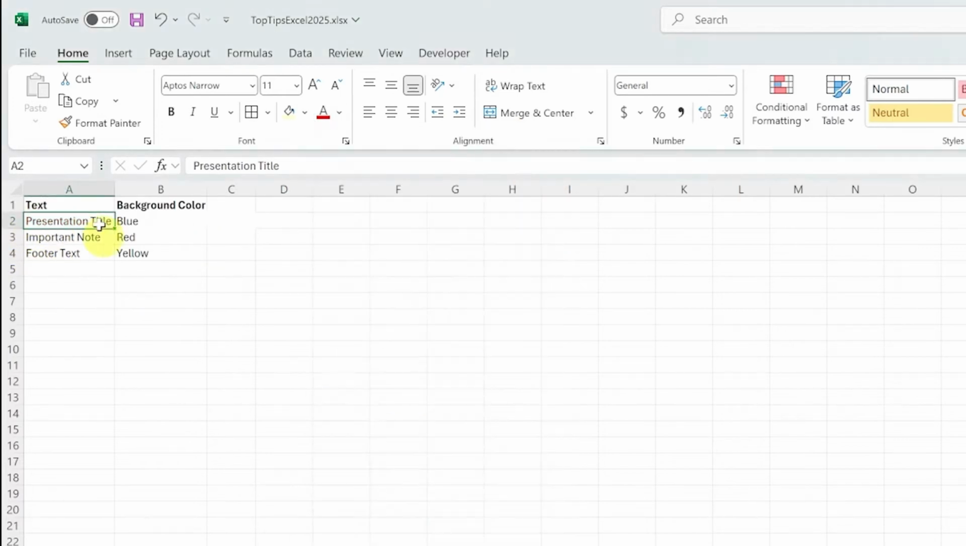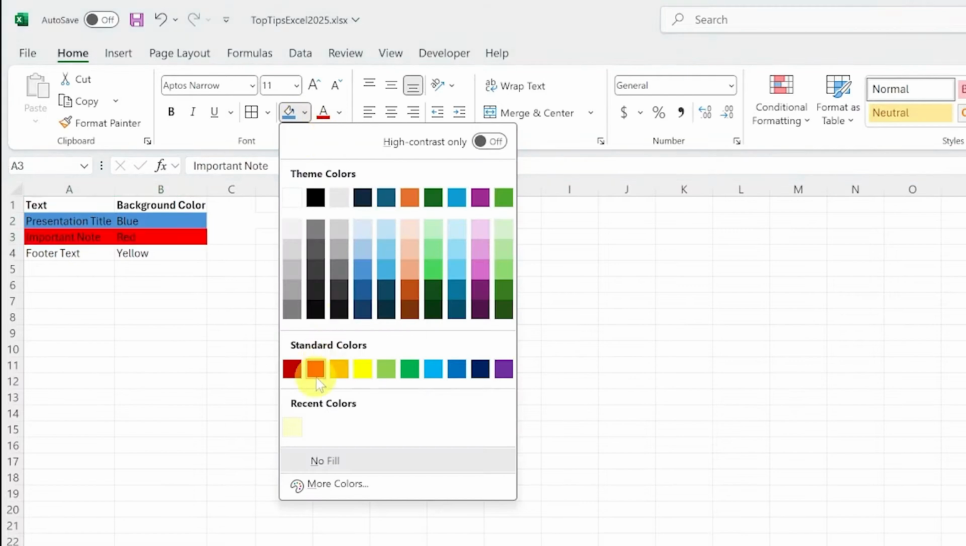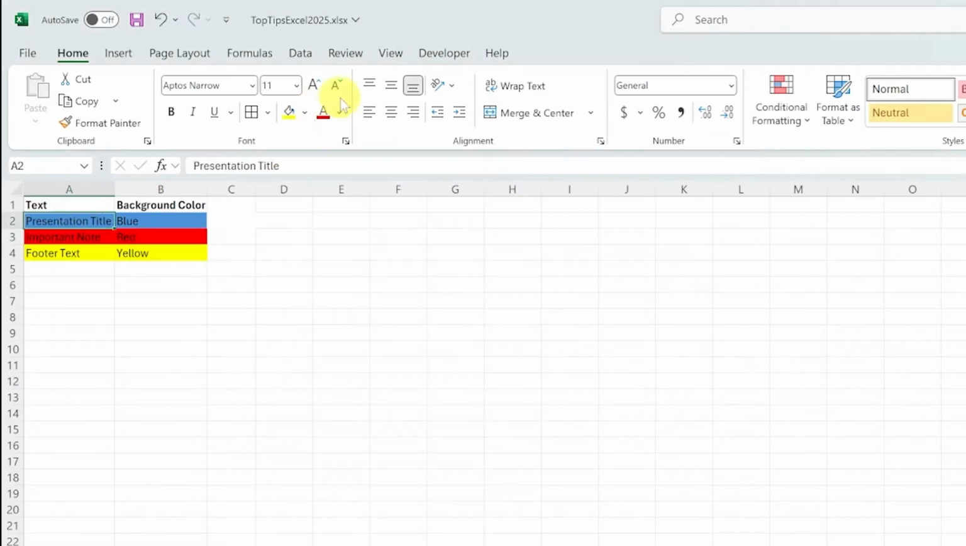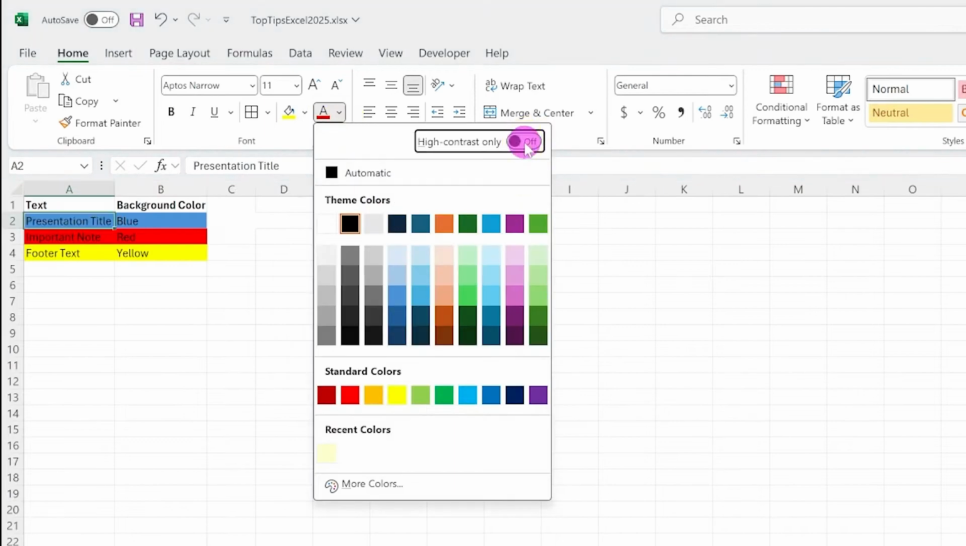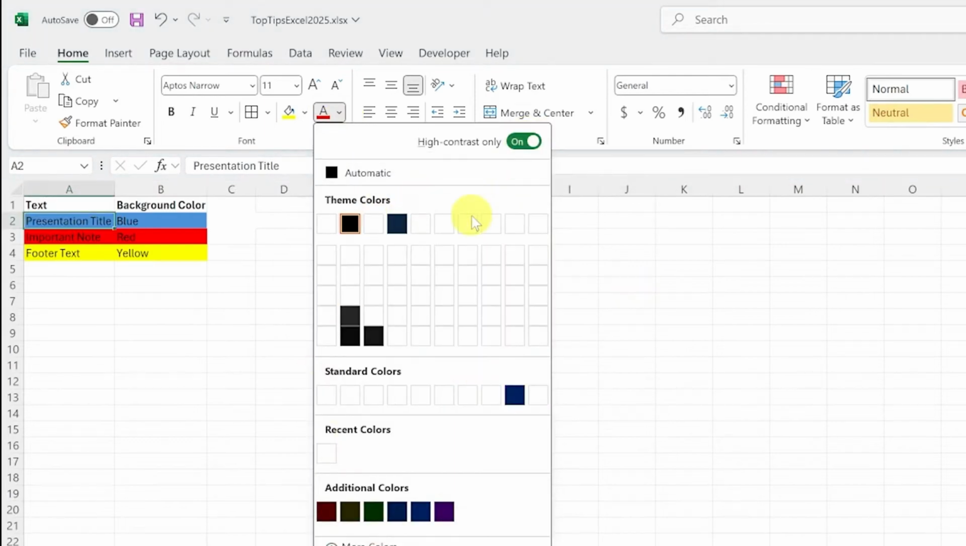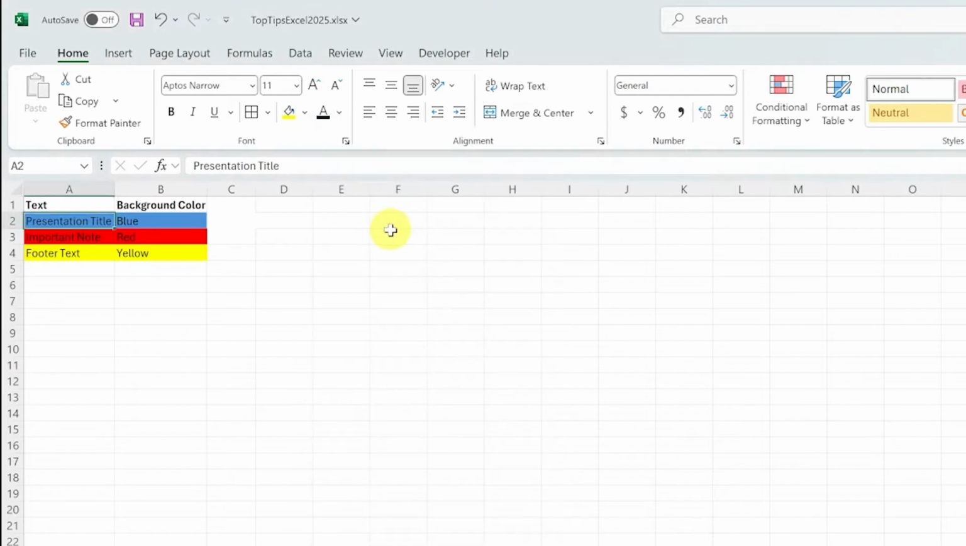The cool thing about this feature is that if we change the background to blue, for example, just choose a blue here, and then below it I change one to red and I change this one to yellow. Now if we go back to the text and we go back to the color palette, we click on high contrast, all of a sudden the colors are a lot different than they were before,